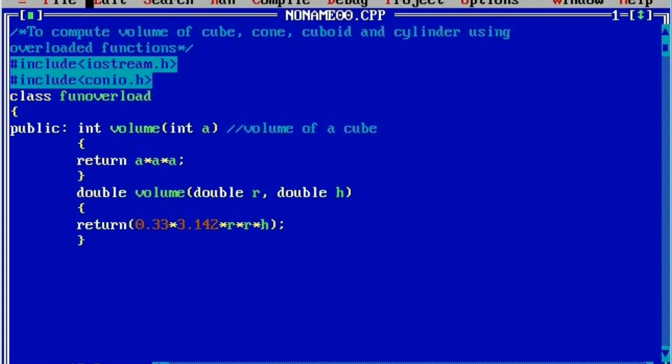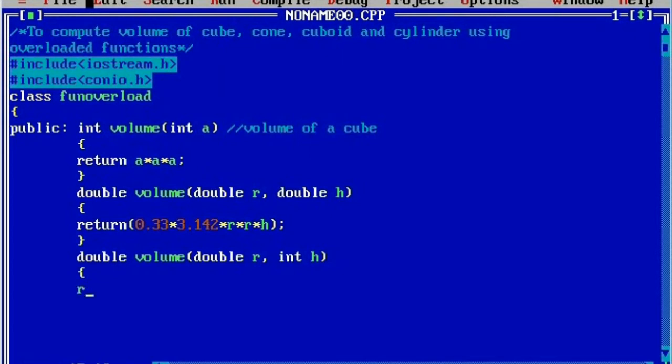Next I'm going to define one more function to find the volume of a cylinder. Again I'll use double, and again the same function name, that is the same interface. Then we are going to use double r. Next I will use int h.